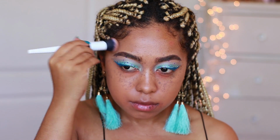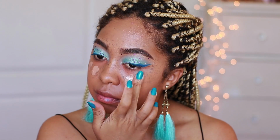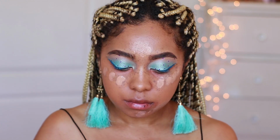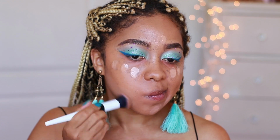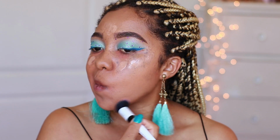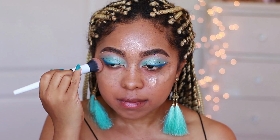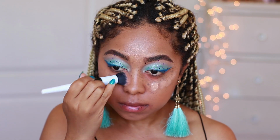But I wanted it to look a little bit more dewy because this is quite a matte foundation, so I added this MAC Face and Body foundation in a slightly lighter color just to lighten up the darker areas. And also it removes that very matte kind of set. It just makes it look a little bit more natural and dewy, so I just blended it out with the same brush. And then after that, you guys can even see that it helped cover a little bit more of my color corrector. But then after this, I moved